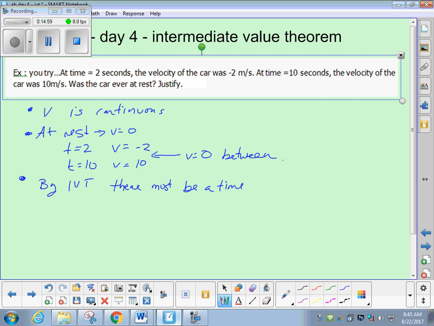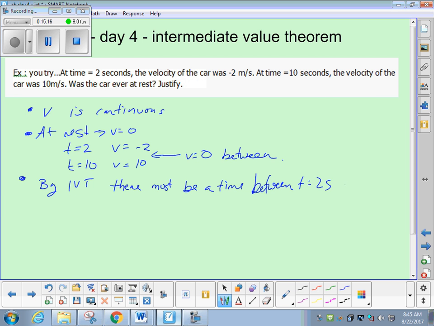Tell me, now when you say there must be a time, say when it has to happen. That's kind of part of the IVT. When must there be a time? In or between? Let's say between. You could use set notation. You could use words: between time equal 2 and time equal 10, where or when